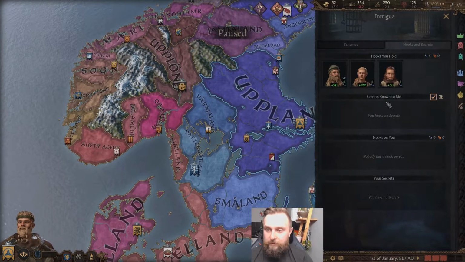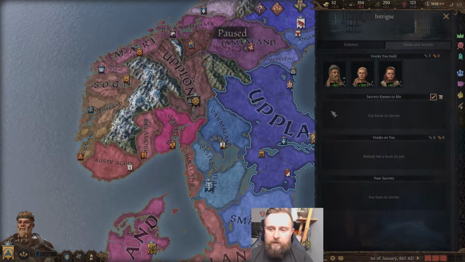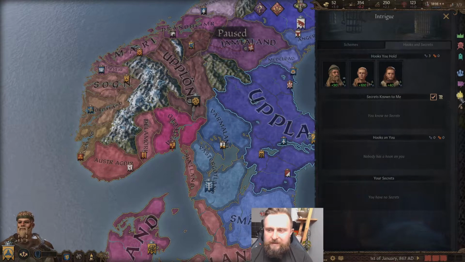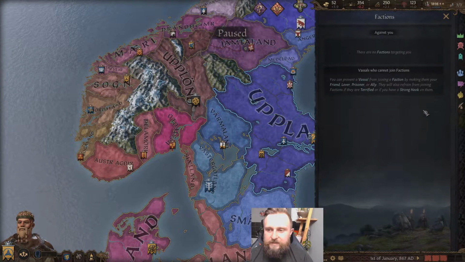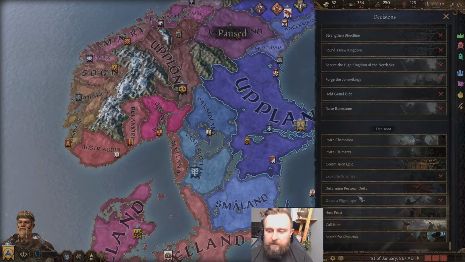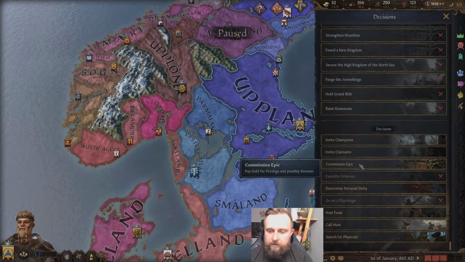And then when we get hooks and secrets, as the head of our dynasty, we get automatic weak hooks on all of our descendants and relatives. That can be useful, but it's pretty standard. There's no factions rising against me, so all the peasantry are happy. And then we've got major decisions and stuff like that as well. So the first thing we can do in this one...